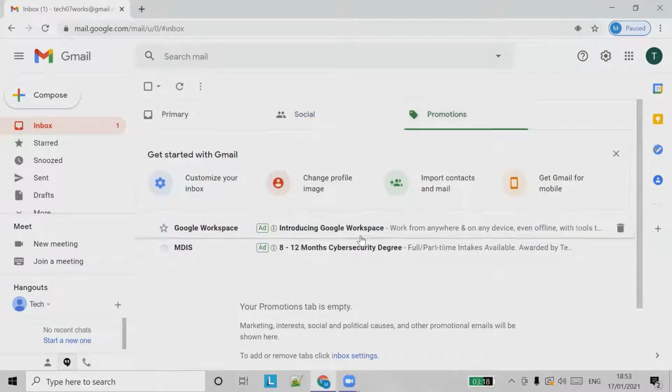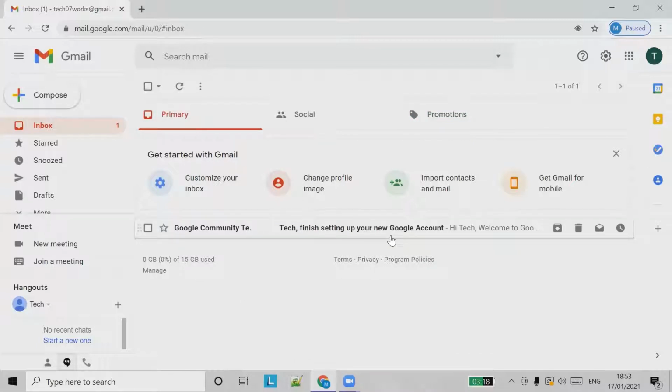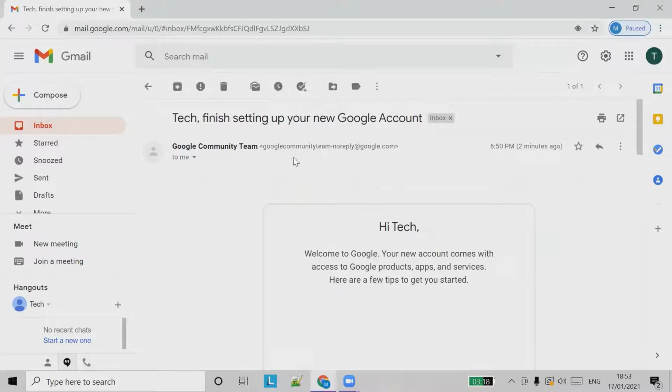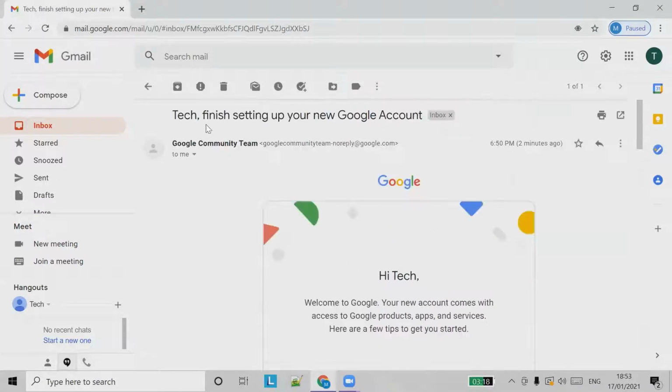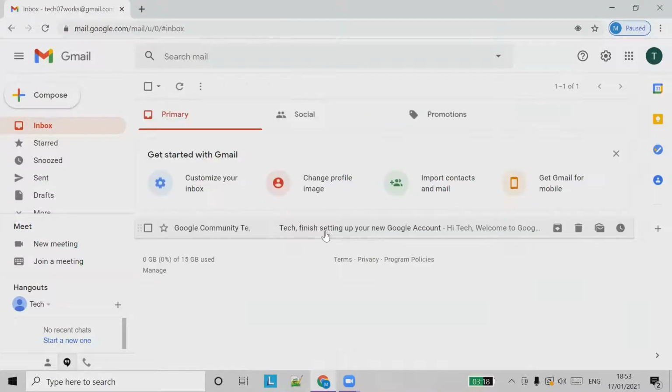So the first time, we have received an email. The emails we receive will show in highlighted bold letters, as you can see here. We haven't read this email and it is still bolded. Let's say I click it and read this email. You could see the letters are not bolded, it's just in plain format. So if the email is unread, it will be in bolded format, or else it will be in normal font.